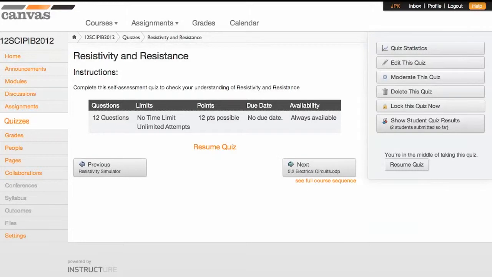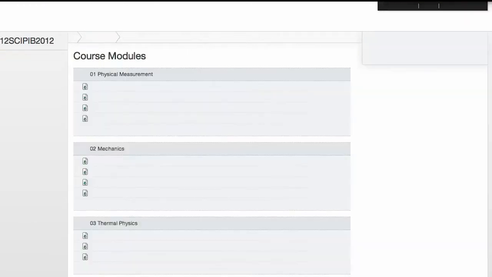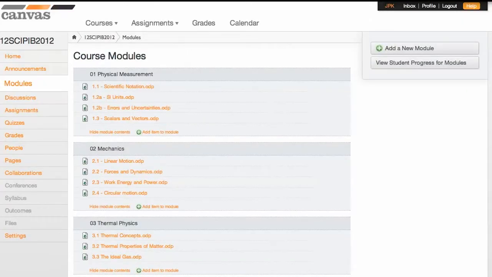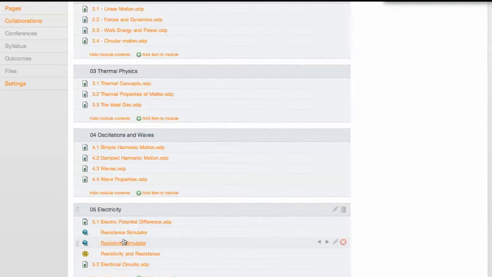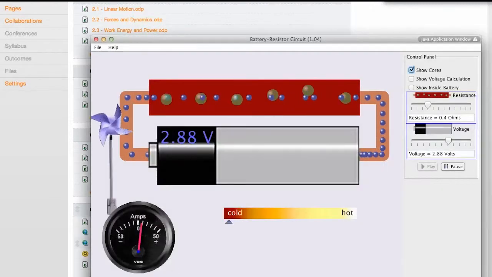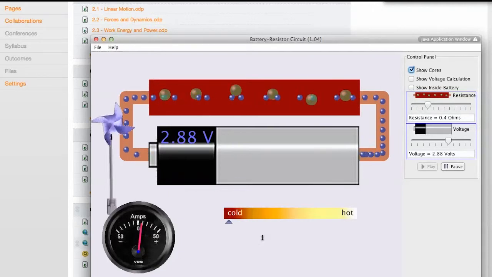There are also various external links which lead to things like simulations and virtual experiments, very similar to the excellent resistivity simulator and resistance simulator based on the very good PHET website. And here's the same experiment here. Click on the link, it loads this program from the PHET website, and allows the students to go over what